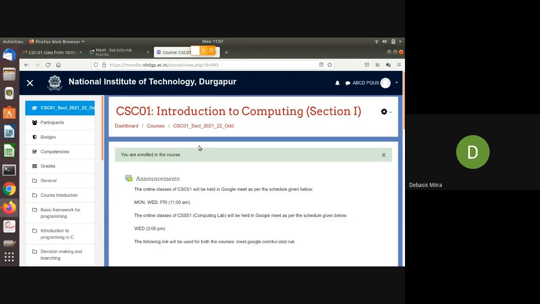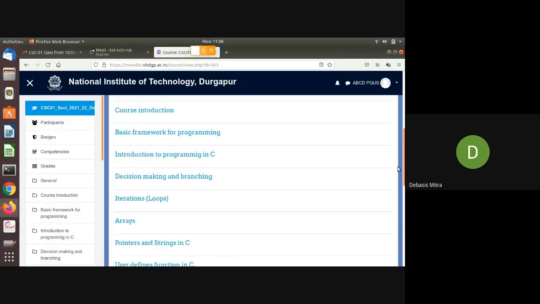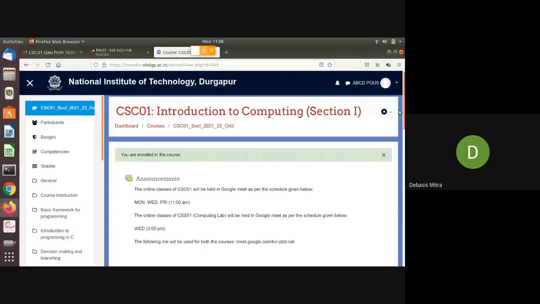So that particular instructor who is teaching that particular subject will let you know what type of enrollment method they are using. We are using the simplest possible method so that just by one click you can enroll into the system. Now, once you enroll, you will be able to visit this page. This is the course web page. This is under construction.